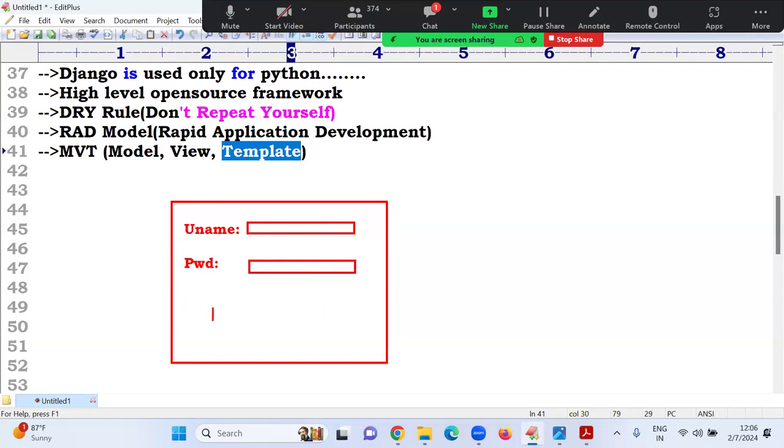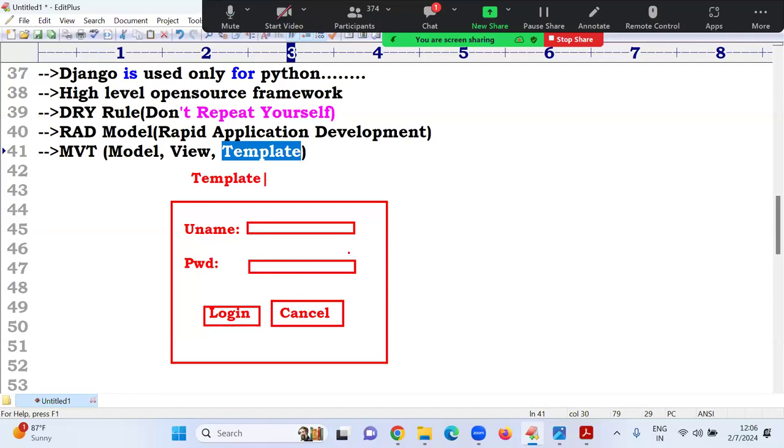After that, a login button and a cancel button, two are there. If you enter username and password and click login; cancel means the form will be closed. To develop this, what is required? HTML, CSS, JavaScript. In our Django terminology, this is called the template.